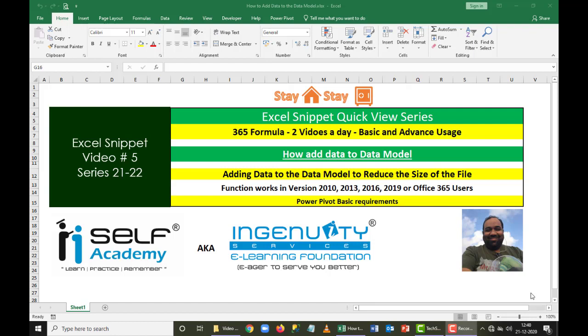Other than that, if the file size is too big, we don't want to load it into the Excel file. Instead, we can keep it in the data model. That allows us to handle the data better. Let's see how to add data